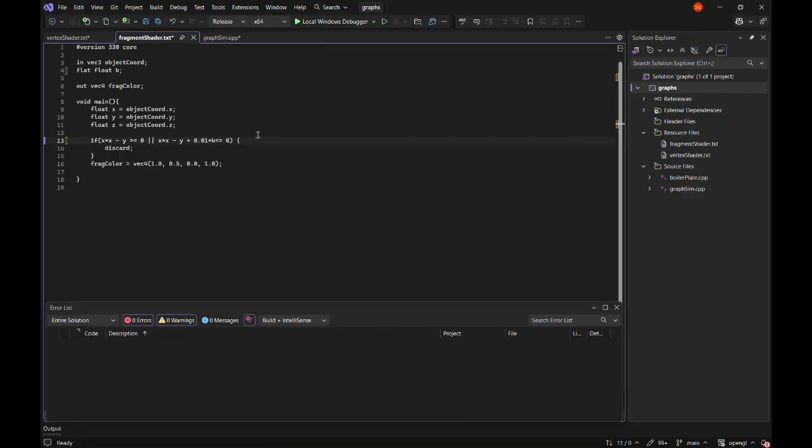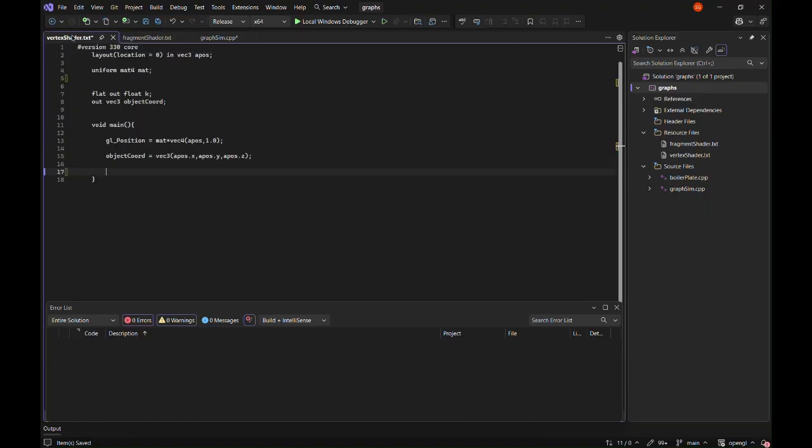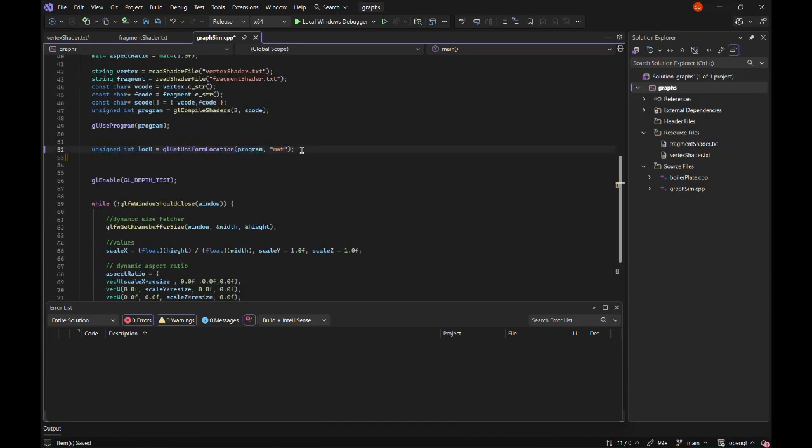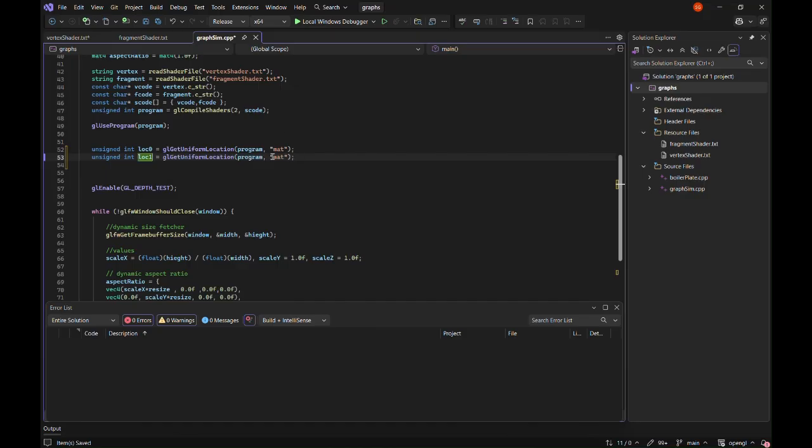Now this constant is somewhat related to resize, isn't it? Because when we resize, the pixel coordinate gets reassigned. I have already written out this particular thing here, so there is no problem to continue further. K is equal to some, let us suppose we are creating a uniform variable of float. Let us suppose resize itself. Resize equal to resize. Now this won't be interpolated, because I use flat, the values for each and every fragment will be the same, the constant will be the same. And here I need to get the location, so I need to get the location in order to update that particular variable inside. So its name is